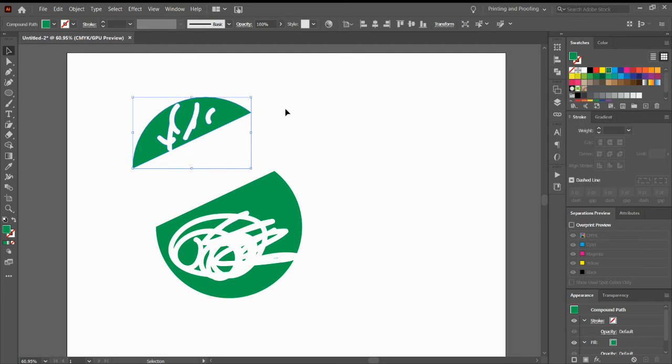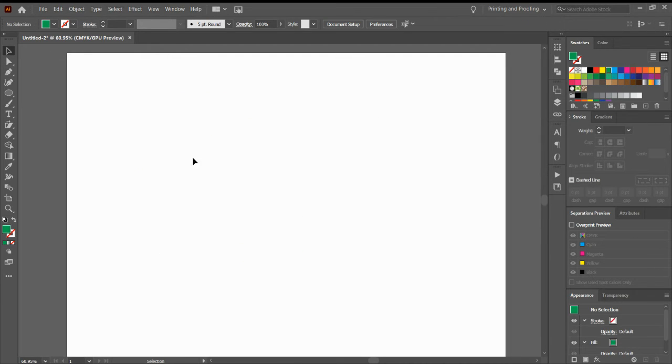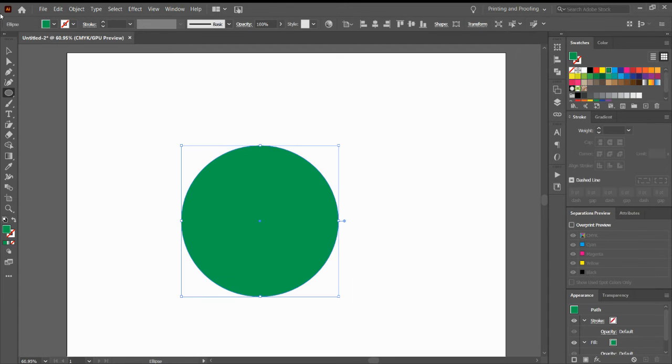Okay, delete this. Delete. Now we have this shape builder tool, which I would like to discuss with you in detail in my next lecture. I'll go to the next one, that is the gradient tool. The gradient tool is for giving a gradient, I'll just show you how it works.